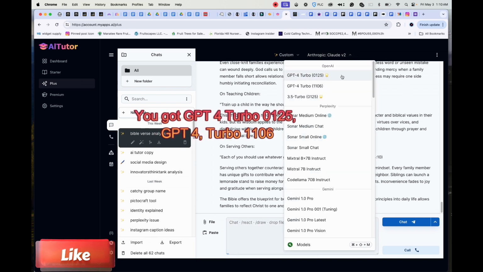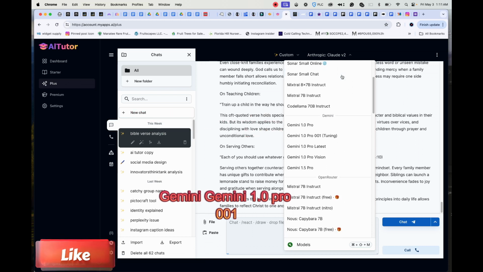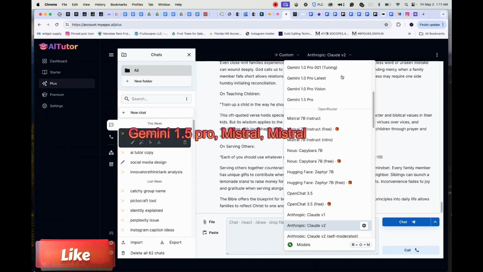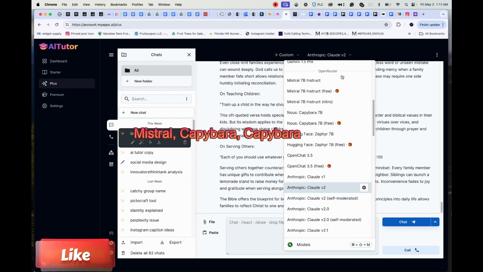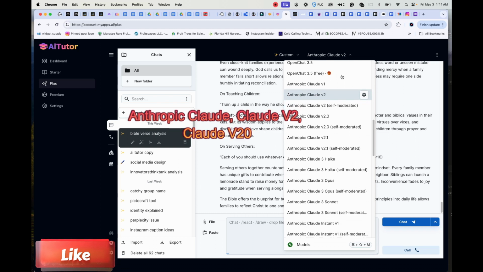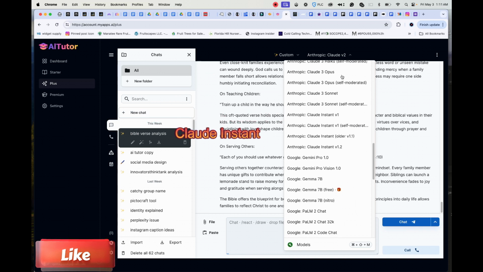You got GPT-4 Turbo 0125, GPT-4 Turbo 1106, 3.5 Turbo 0125, Perplexity, Sonar Medium Online, Sonar Medium Chat, Sonar Small Online, Sonar Small Chat, Mixtral 8x7B Instruct, Mixtral 7B Instruct, Code Llama 70B Instruct, Gemma, Gemma 1.0 Pro 001, Gemma 1.0 Pro Latest, Gemma 1.0 Pro Vision, Gemma 1.5 Pro, Mistral, Capybara, Hugging Face, OpenChat, Anthropic Claude, Claude V2, Claude V2O, Claude V2.1, Claude Opus, Claude Sonnet, Claude Instant